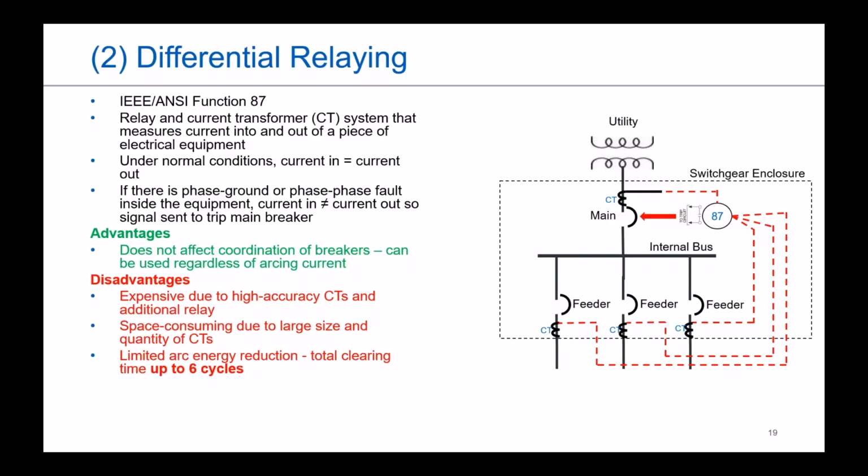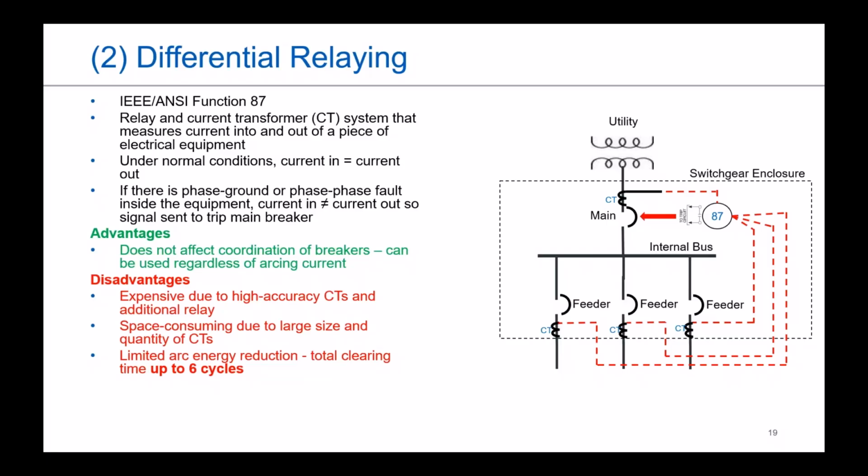This is still widely used within the industry. Whether or not you're going to implement it depends on the situation, mainly because a lot of times you have to have some higher accuracy CTs, you've got to do some extra wiring to get it all put into place. And then you're also taking up space, because sometimes the CTs that you need to use are not the smallest things in the world. But the idea is that you're doing this to, again, figure out which breaker is seeing the issue, where the fault's located, trying to isolate it, and only open up the breakers necessary at that point.